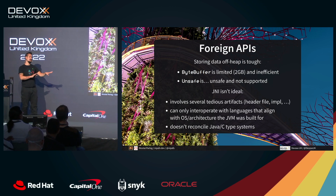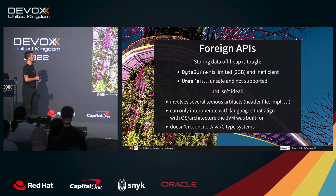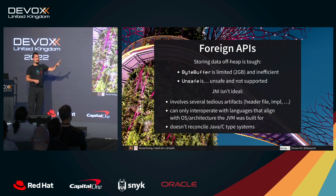Now let's quickly touch on the other 2 topics. On foreign memory and foreign function, I just want to have a few words. So these are 2 somewhat different problems. The first one deals with how do I store stuff off heap? If, for some reason or another, I want to manage memory on my own, I can put stuff off heap. The public API for that is a byte buffer, but that is limited in size and it's also somewhat inefficient. And the fast way to do it is Unsafe, which is unsafe and not recommended to use,